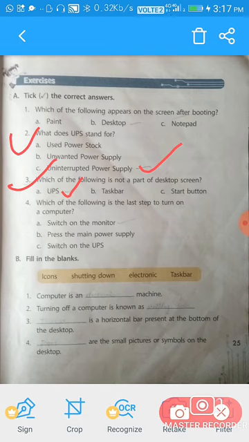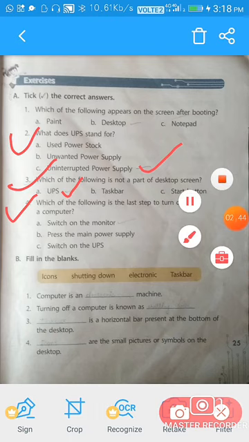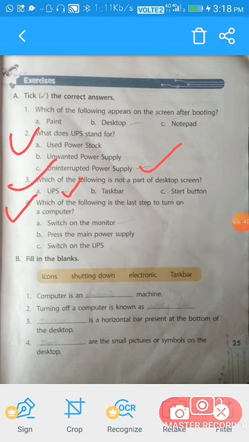Fourth is, which of the following is the last step to turn on a computer? The options are: switch on the monitor, press the main power supply button, and switch on the UPS button. The correct option is switch on the monitor.